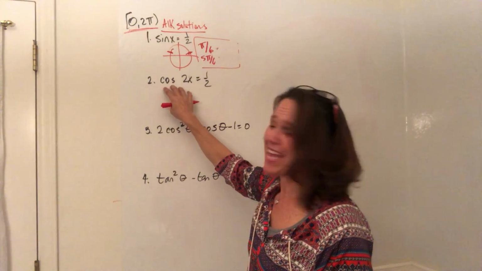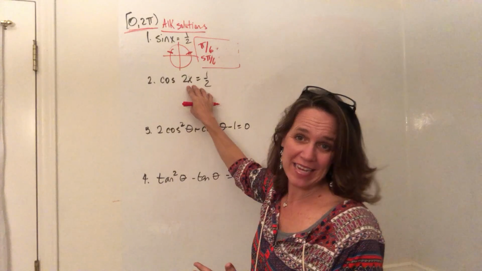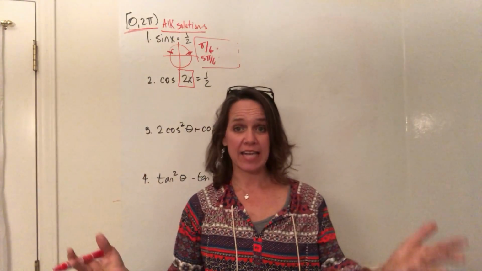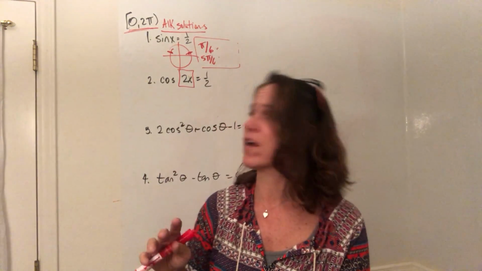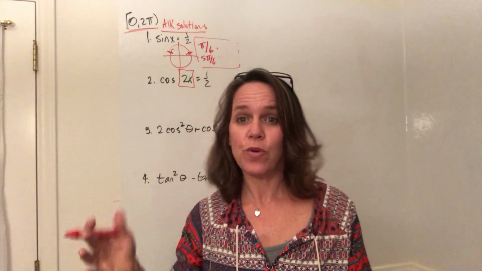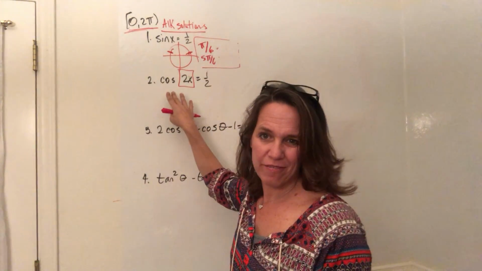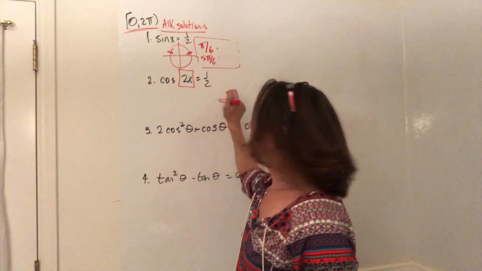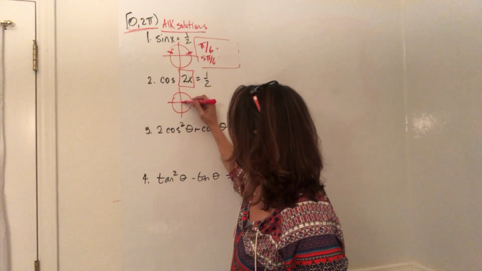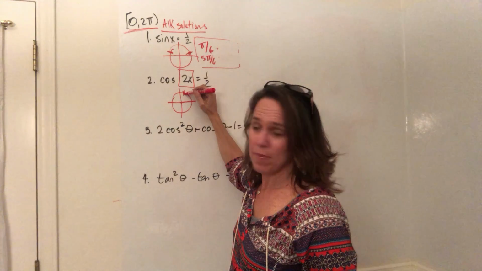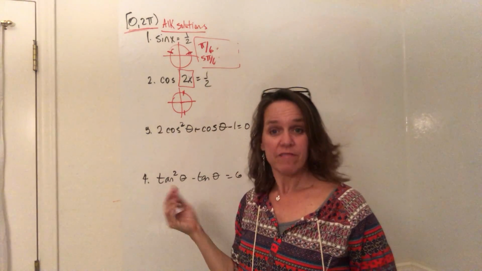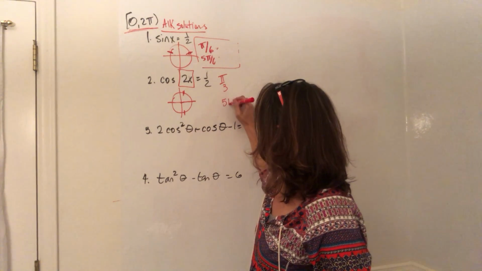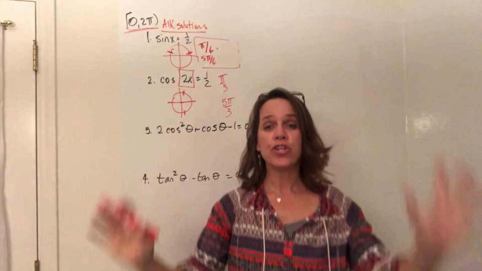If the question says the angle whose cosine, or if the cosine is 2x, so this is a totally new problem. If this number is anything other than just x or theta, so if it's 2 theta, or 3 theta, or theta over 2, anything other than just theta, I just box it off for a minute. And then I answer the question, where is the cosine 1/2? So cosine is a half that's over short, so it's here at pi over 3 and here at 5 pi over 3. Right? So at pi over 3 and at 5 pi over 3,